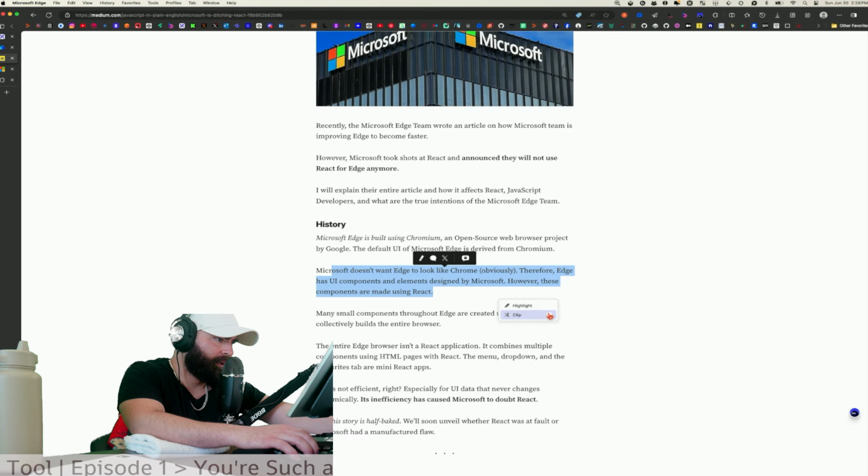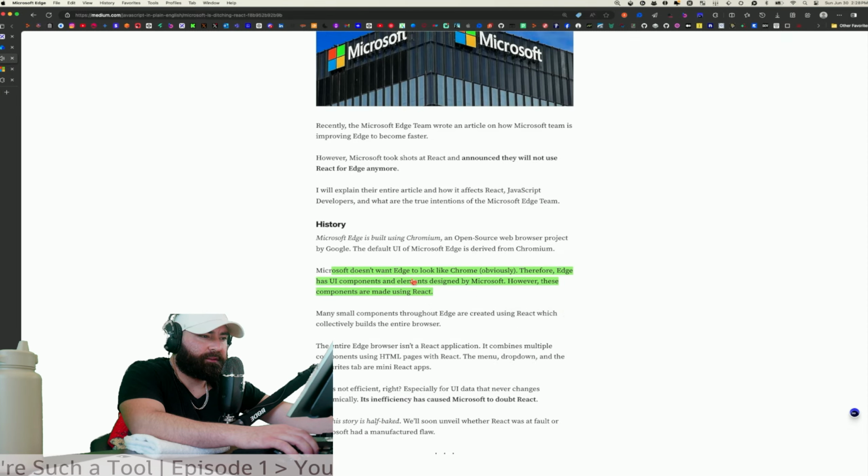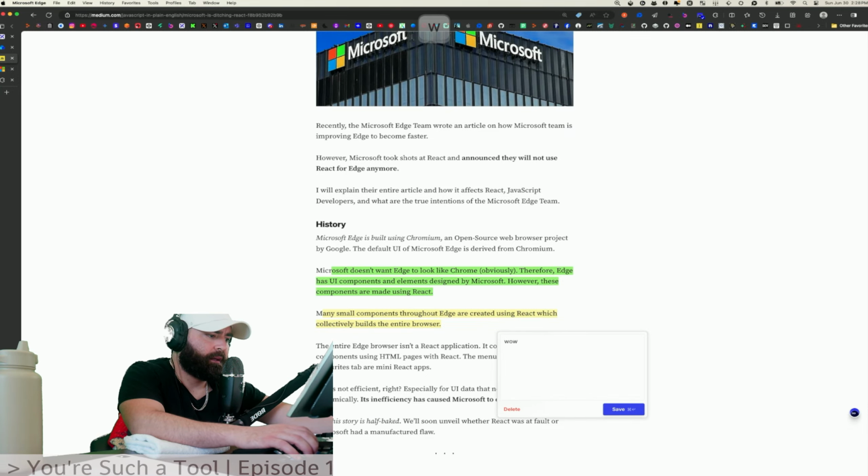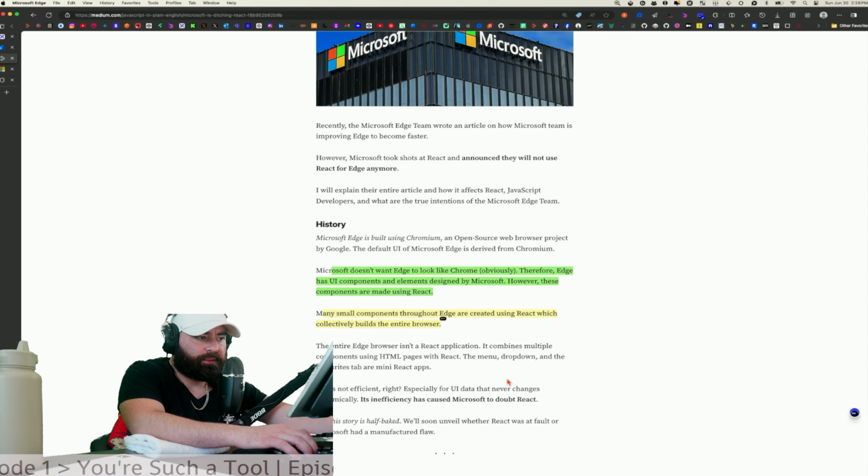Okay, so you can highlight it or clip it on live web pages. So this is really neat though, because then it saves the web page for you. Oh, what was that? So if I click that, highlight. Ooh, and you can add a note. Oh my God. Wow. No, that's cool. I mean, you can do that in Raindrop too, is the thing, but it was not that easy.